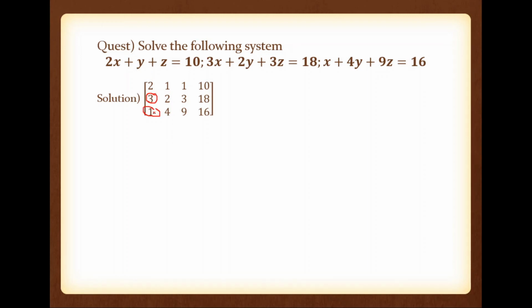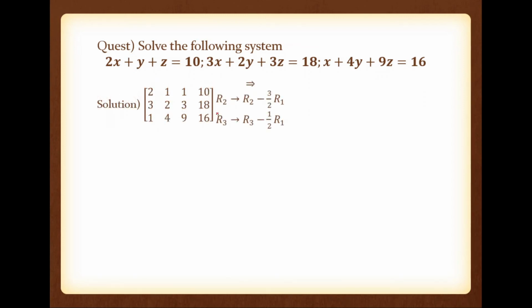That is, now we are going to perform the first elimination. First elimination means removing the coefficients of x1 from the second row onwards. So we need to remove 3 and 1. For the purpose, we need to use the corresponding diagonal element, that is 2, as pivot. So 2 is the pivot. How to remove 3? In order to remove 3, we need to use R2 equal to R2 minus 3 by 2 into R1.